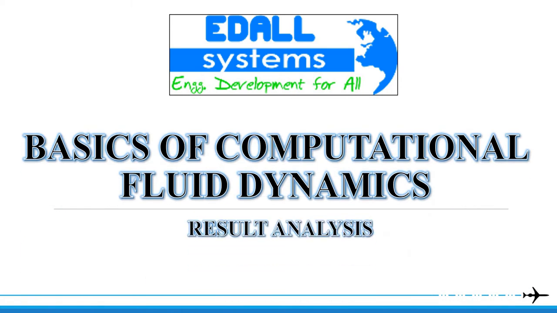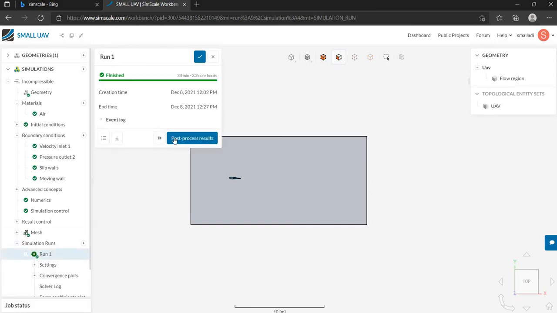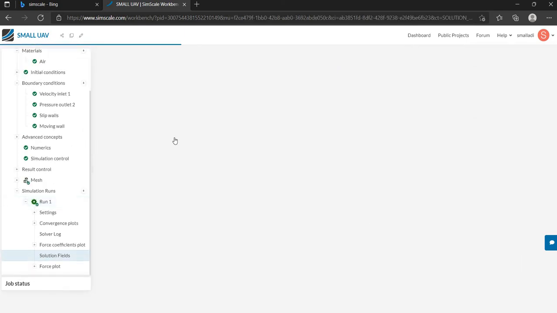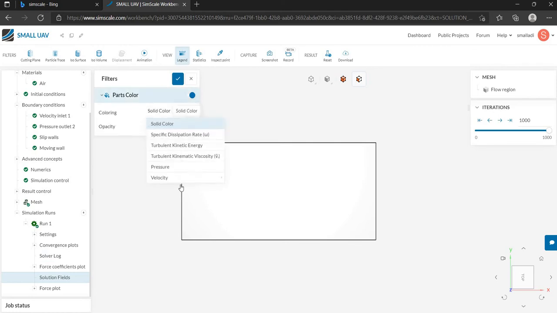In this session, we will analyze the results of small UAV. Let's begin with the result analysis. For that, go to Simulation Runs, click on Run and then on Post-Process Results. In Parts Color, select Pressure,